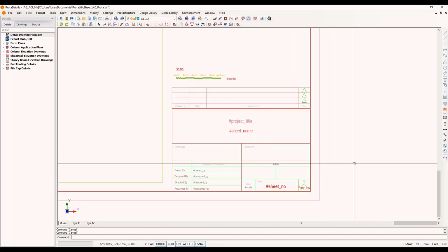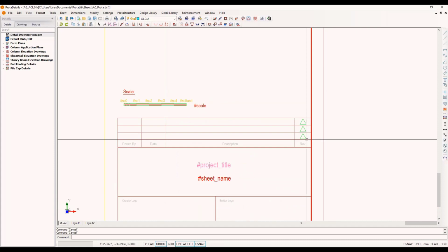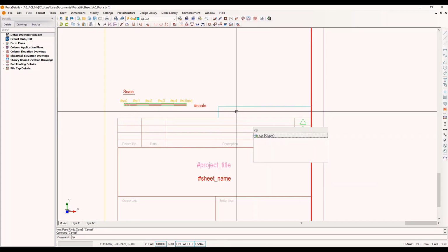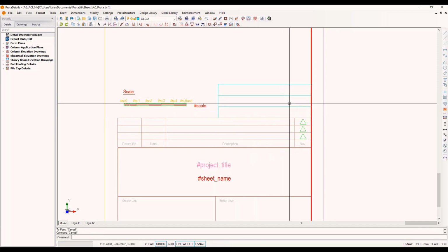I see that I have an existing title block here. I'm not satisfied with this. Let's say I would like to add some more revision table here. This is a CAD environment, and it's supported by a command line. So whenever I start typing on my keyboard, the command suggestions appear. Okay, I will use the line command. From here, I will go all the way down here, and I will use the copy command to copy this multiple times, maybe. And